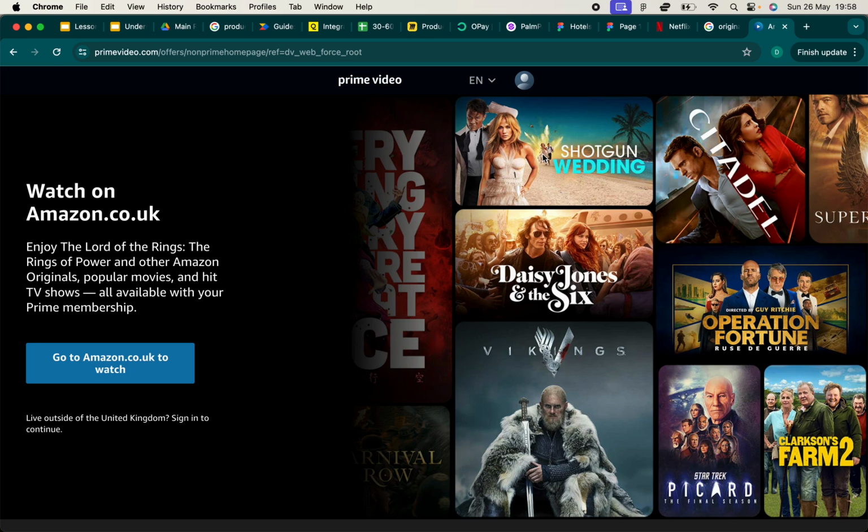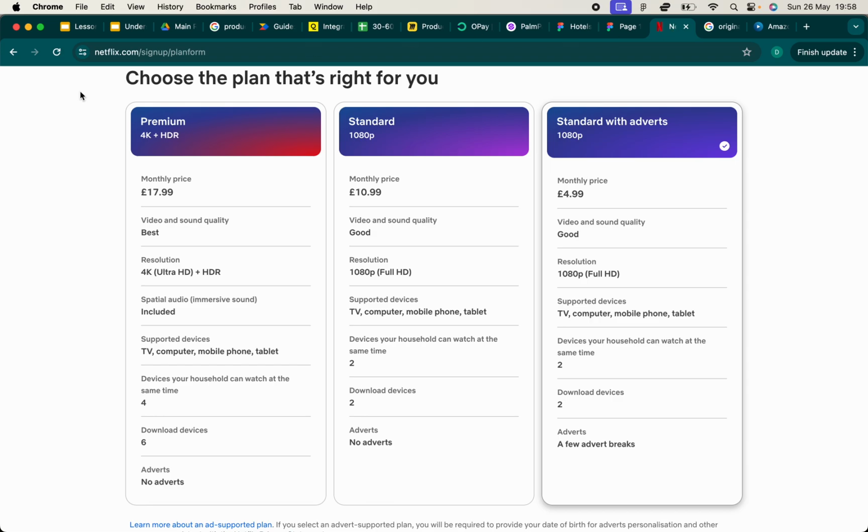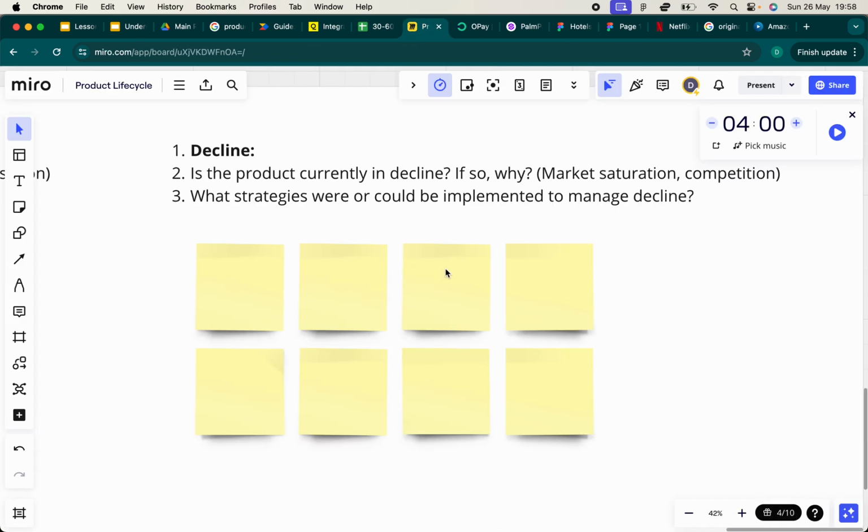So all that means is Amazon hires people to create and shoot their own movies, or pays people to come in and help them shoot movies, and then they will launch it only on Prime Video. And so if I want to watch that, I will have to sign up and pay to watch that movie. And that's what Netflix does. And Amazon is now using that same technique as well.